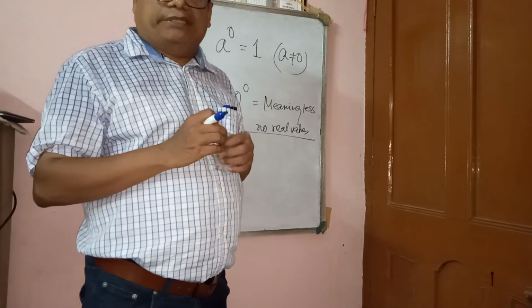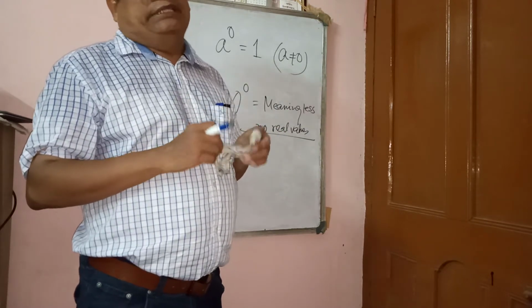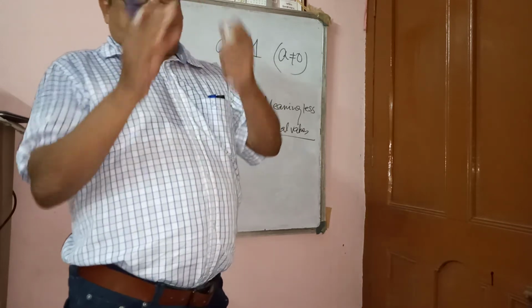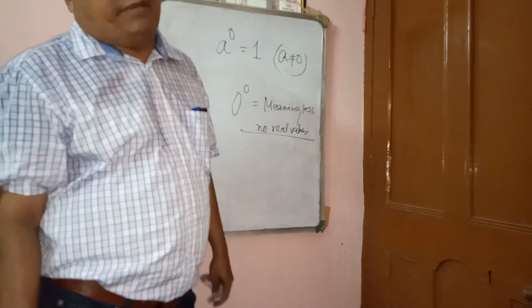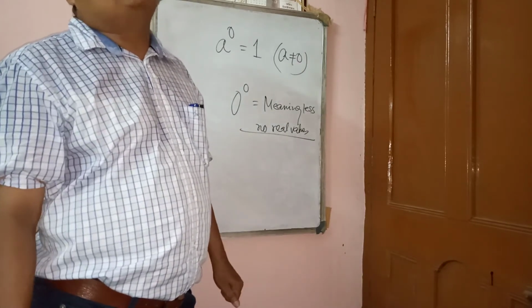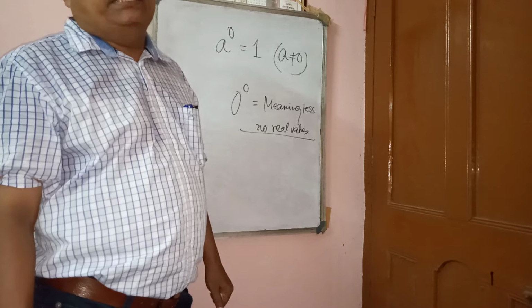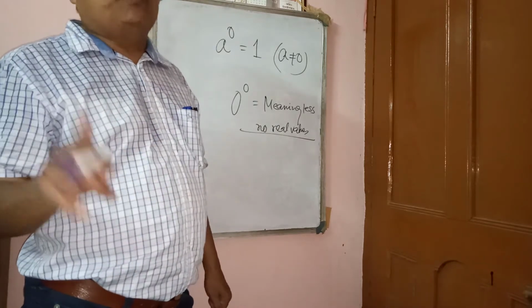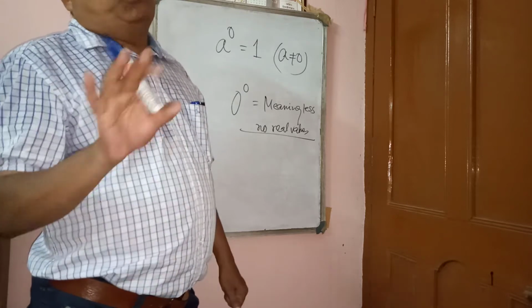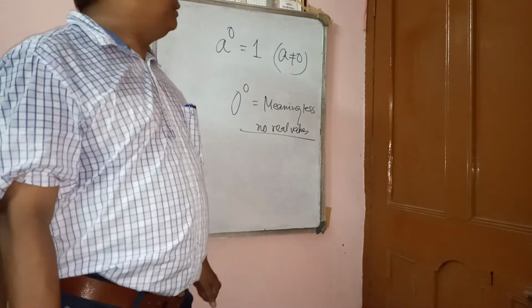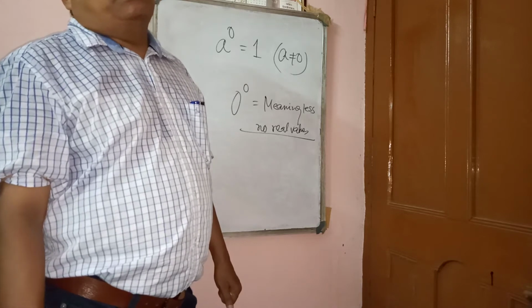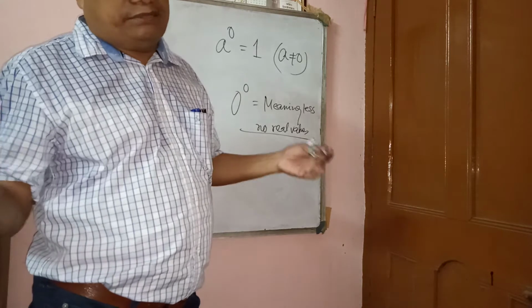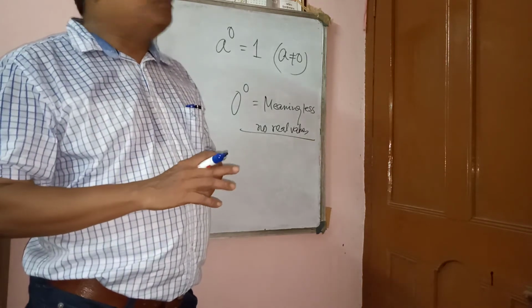It's also a real number, and a rational number also. Zero can be written as 0 by 1. When we define a rational number in P by Q form, Q is not equal to 0, but P may be 0, positive or negative. So here zero is absence of any object. That is simply what you can say.